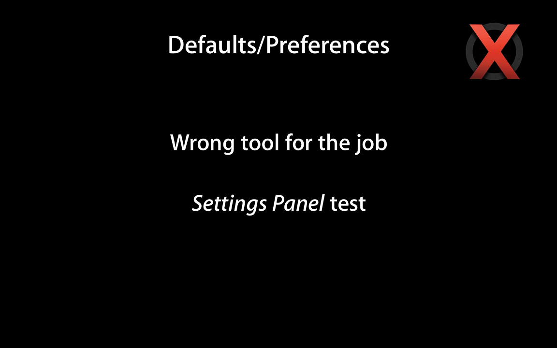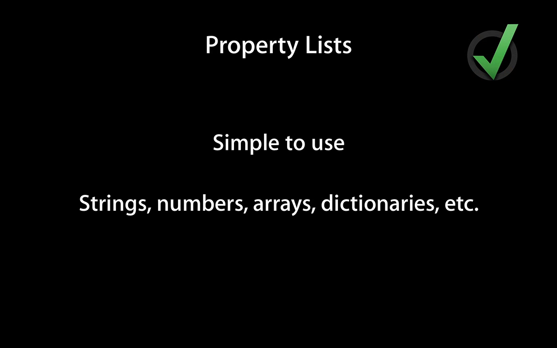If you can't put that piece of data in your settings panel, then user defaults and preferences is almost certainly the wrong choice. So what are some of the right choices? Property lists. Property lists might be the right choice. One of their great virtues is that they're really, really simple to use, particularly if your data